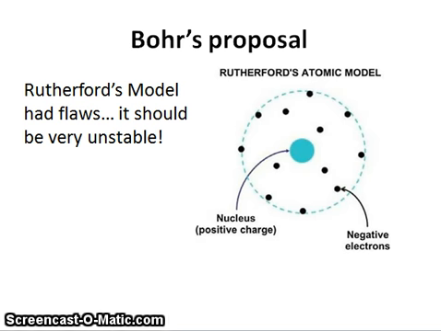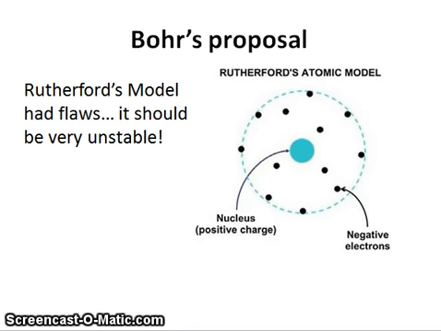Now, quantum theory was discovered by Max Planck, a German physicist, and Max Planck started working with the nature of energy. So he came up with the idea that energy, instead of being continuous, comes in distinct particles, and these particles he called quanta. And quanta is from the Latin for how much. So instead of having continuous values, we would have discrete values. And this is where Bohr uses this term discrete. So he will now propose a model that is using discrete values or quanta values to describe how the electrons